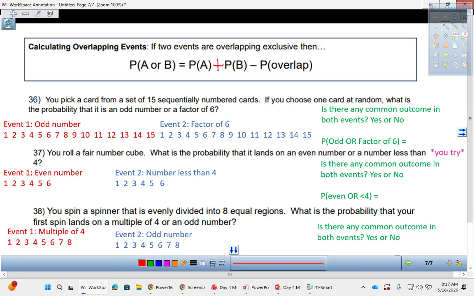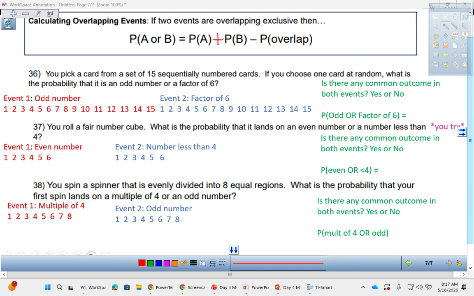All right. So it says you pick a card from a set of 15 sequentially numbered cards. If you choose one card at random, what is the probability that it's odd or a factor of 6? So we already went through our odds. Of all of the numbers, there are 1, 2, 3, 4, 5, 6, 7, 8 out of 15 cards that are odd. Factors of 6, we said that was 1, 2, 3, and 6. So 4 out of 15 cards